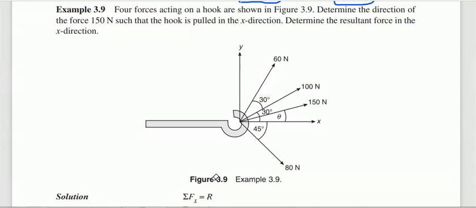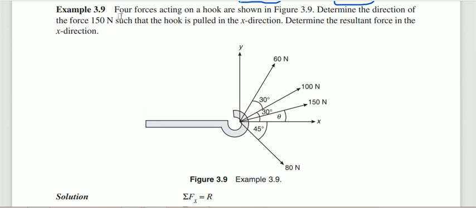So okay, let us start with another problem, somewhat a different problem. It is not only determining the resultant as well as the direction, that is the total result. Here some of the forces are given and we need to determine the direction of one force. So let us go with the problem. What is given and what we need to find out here? Try to concentrate on the problem.